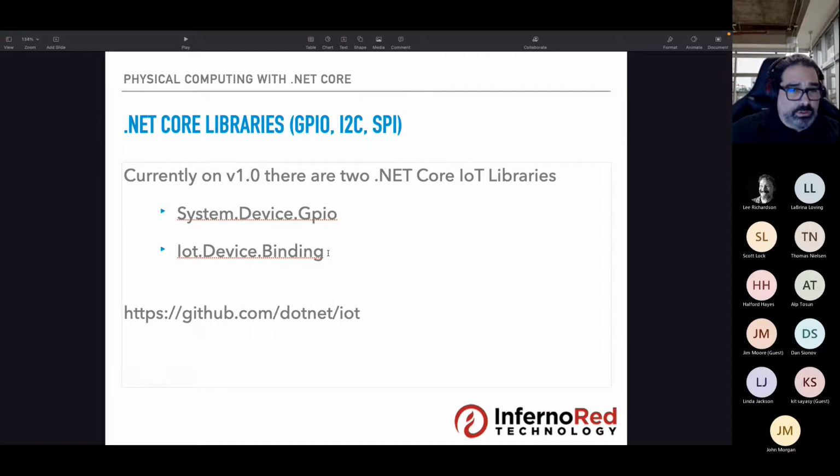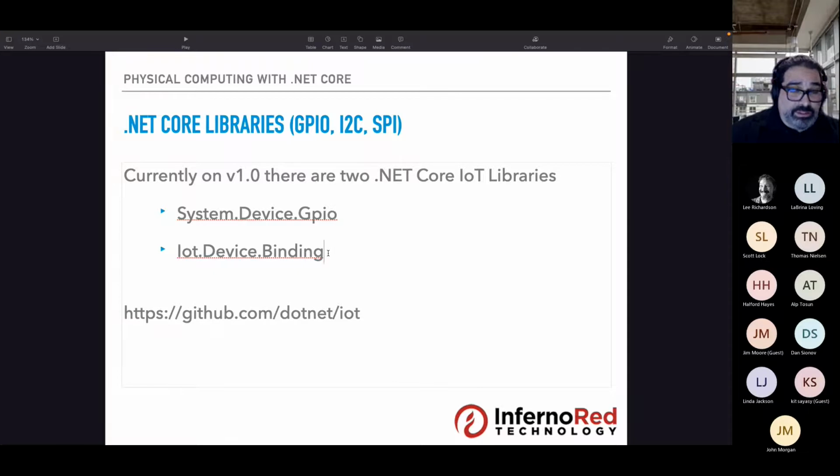If we had to do that all over again every time we interacted with it, we would have a ton of repetitive code, and our applications would become messy and hard to develop. So what Microsoft has is a helper library, Iot.Device.Bindings, that helps you out in developing your applications.